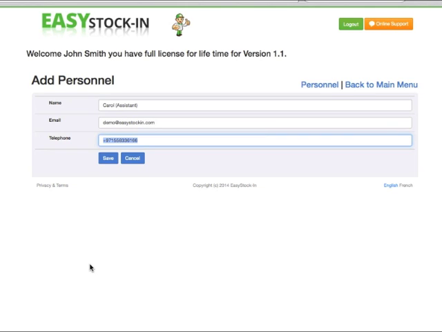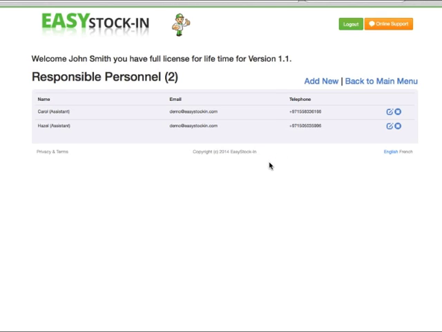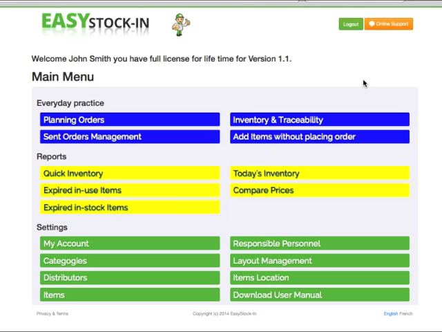In case they have some problem with the order, they are going to go directly to the person who is responsible for the order. And for you two who are managing orders, managing your company, you will know who has been placing this order, and you will be able to track all this based on the fact that you cannot send an order if there is no responsible personnel